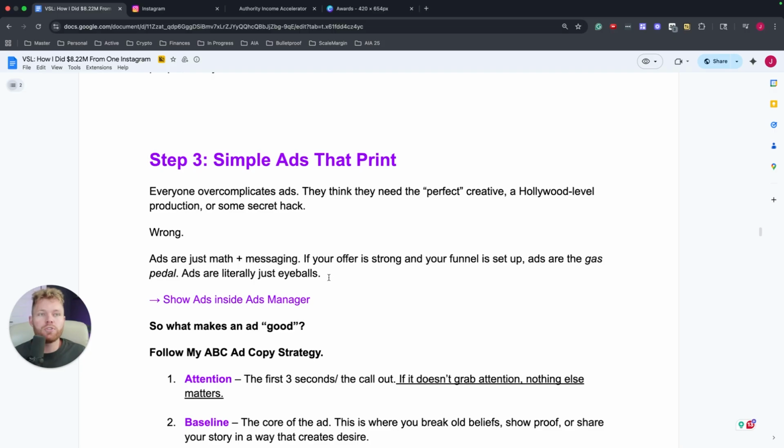Ads are literally just eyeballs. The one thing I want you to keep in mind, taking notes: ads are just eyeballs. So if you publish a bad looking ad, you're basically just 10xing a turd. There's a famous saying that my dad said: you can't polish a turd. And the idea was, back when I was getting my first car, we were looking at cars. I was like, oh, well, I could get this old beat up car, and I could put rims on, I could do all this.